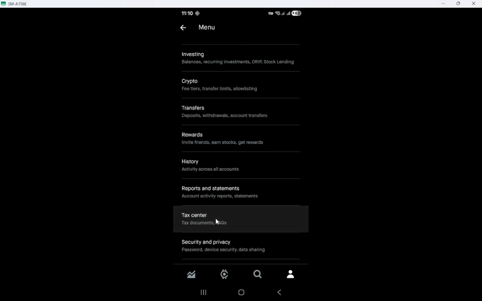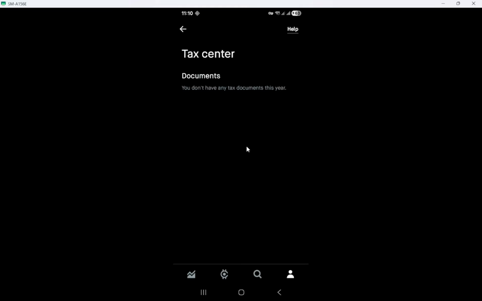At this point, you can download your tax document. Whether you need your consolidated 1099 or another form, you can find it here. You also have the option to share the document, which allows you to save the PDF directly to your device. This step is essential because it ensures you have a copy of your tax documents for future reference or filing. Remember, having a saved copy can save you time if you need to access your documents later.